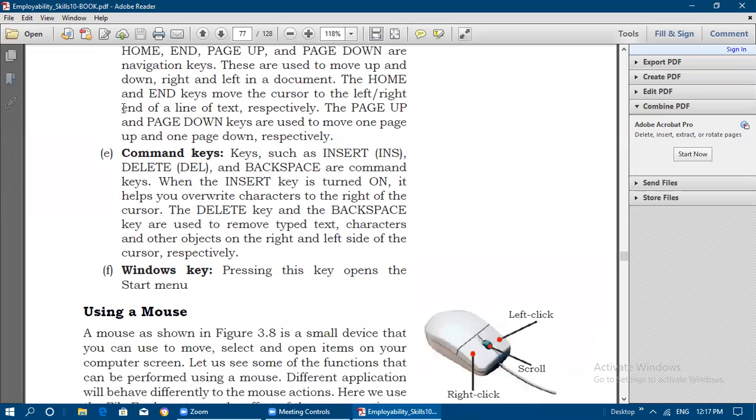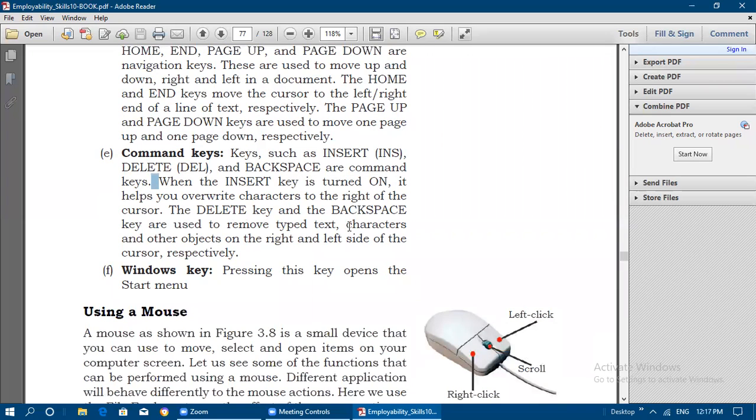If you place the cursor here and turn the insert key on, and now you type here, the same number of letters will get erased; if you type 4 letters, 4 letters will get erased. Like that the insert key works when it is in the on condition. Whatever letters are there to the right of the cursor, if you type 2 letters, 2 letters will get erased.